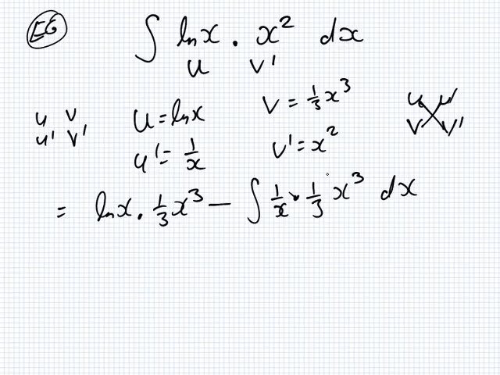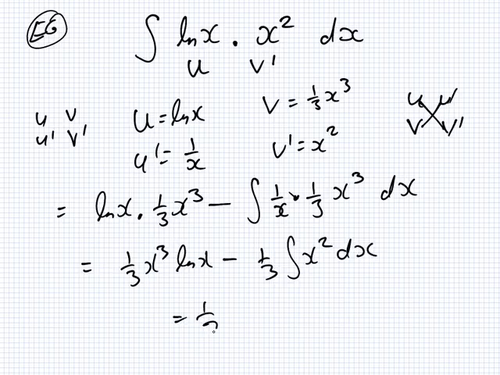So that's 1/3 x cubed log x minus the integral of 1/3 x squared dx. So that's 1/3 x cubed log x minus 1/9 x cubed. Same idea. Okay, now do you know